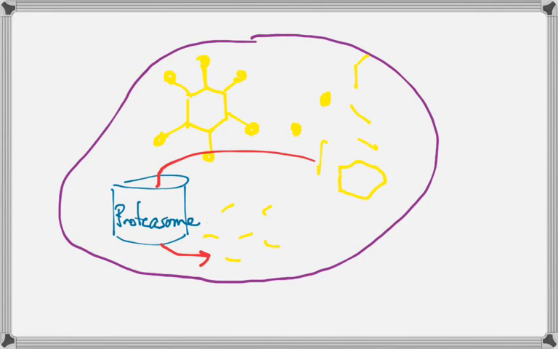So eventually what we will find is vesicles with MHC1 containing bits of this broken down pathogen. And in the same way, this gets exocytosed to the surface of the cell, so that ultimately what we will get